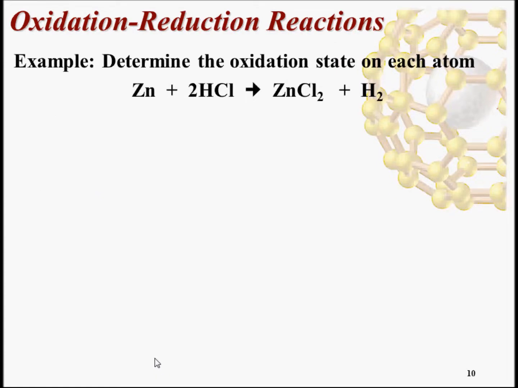We can look at the zinc. It's elemental zinc to start with, so all elements have oxidation states of 0. If we look at our hydrogen chloride, well, we can think of that as an ionic compound. Okay, we know hydrogen's +1, chloride is -1, so that works. Zinc chloride. Well, zinc, that's an ionic compound, so zinc has a charge of +2, which means its oxidation state is +2. Chloride has a charge of -1, and so if I have two -1s, that adds up to 0,